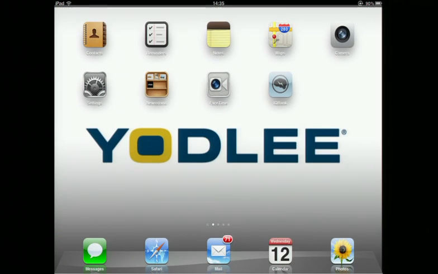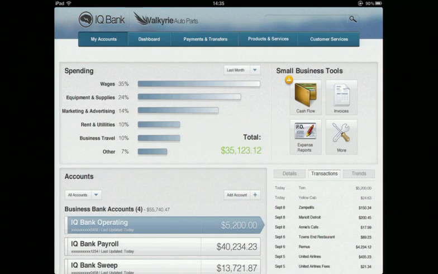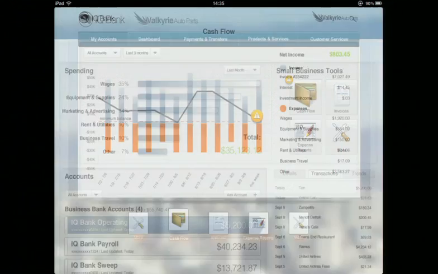So what I'm going to do, what's interesting is that IQ Bank has this great set of apps available for me, and they're targeted towards me, the small business owner, not my accountant. So let's log into IQ Bank and see what they have to offer. So up in the upper right-hand corner, what we see is this small business tools. And we notice that there is an icon up there that says that there is an alert going on with my cash flow. Let's take a look.